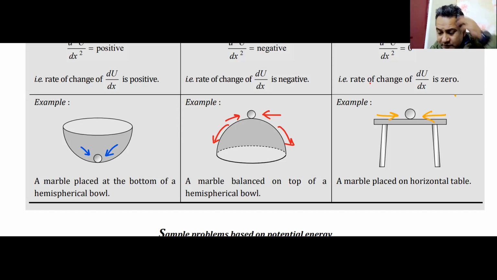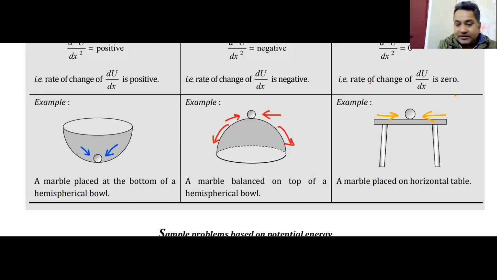So these are the 3 types of equilibrium. You must remember these 3 diagrams: the blue ball, the red ball, and the yellow ball. If you remember this, if you remember the potential energy curve, and where the force is attractive, where the force is repulsive, and where the force is zero, wherever the force is zero, that is the point of equilibrium. For unstable equilibrium, potential energy is high. For stable equilibrium, potential energy is low, and that is what you need to note down from this sheet.